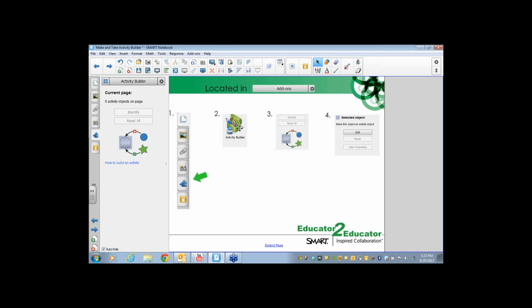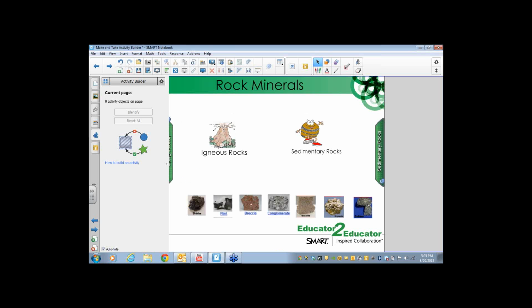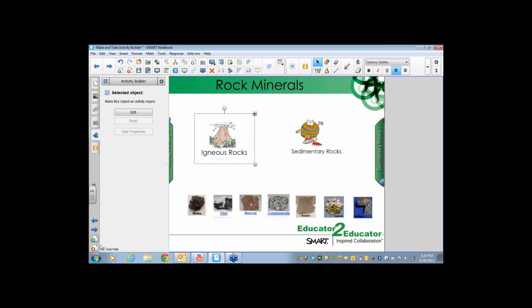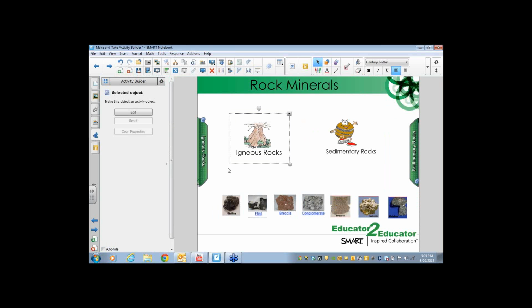And once you click on it, it's going to ask you to identify the object on the page. I'm going to just click this off so you guys keep it off the auto hide all. So I'm going to identify this particular picture as the object I want to edit. You can see that it is changed on the left-hand side underneath the Activity Builder. So it's ready for me to edit.